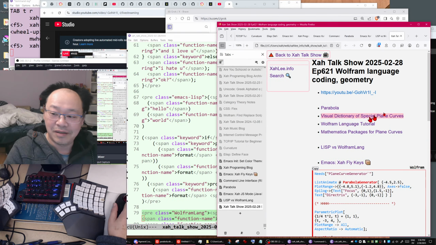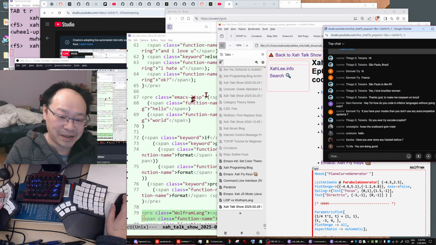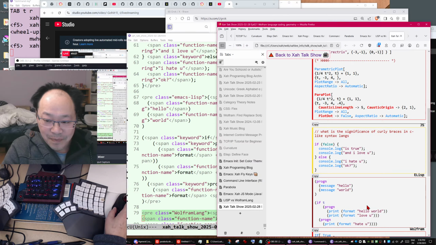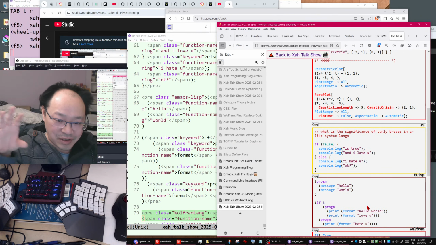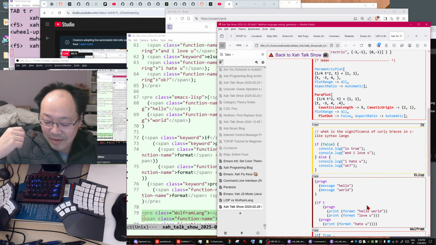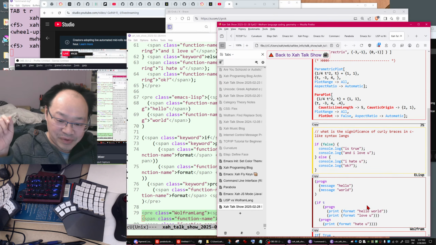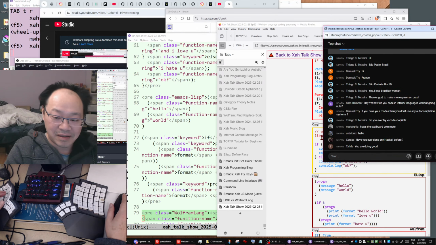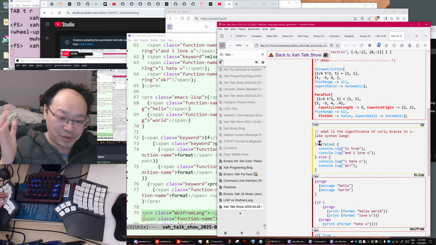But I don't like the auto-complete suggestions, when you code and you don't know what's going on. If you are learning a new language, that's a good thing. But if you are a professional coder and you rely on Copilot or whatever, that means you don't know what you're doing.